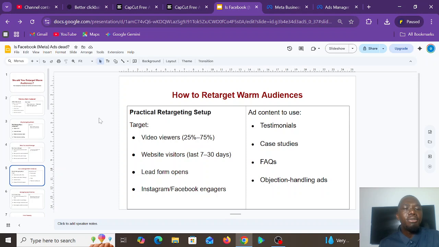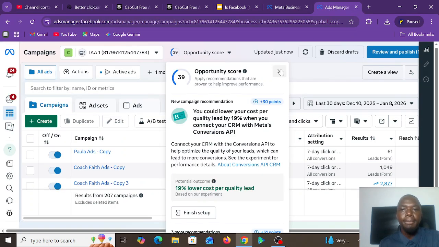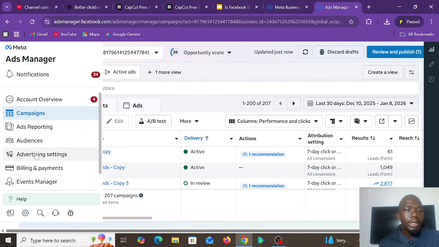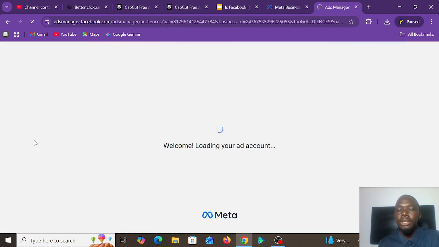Now we have four types of warm audience. We have video viewers, website visitors, lead form openers, and Facebook or Instagram engagers. I'll show you how to create these in this video. So let us jump right into our ad manager. Once you're in your ad manager, all you need to do is come to the left-hand side. You're going to see Audiences. So you click on Audiences,